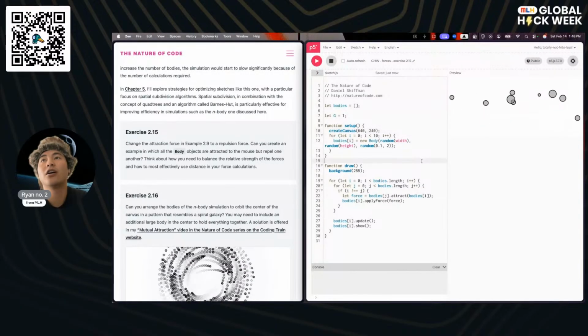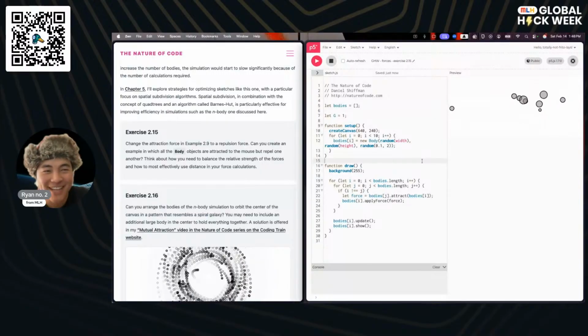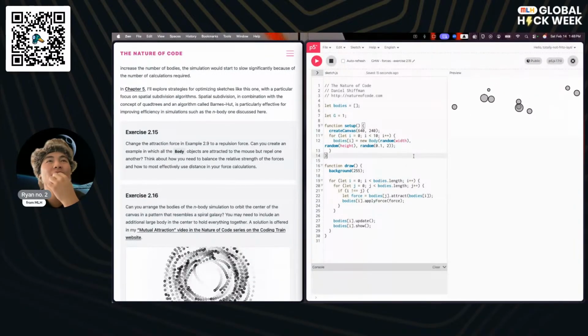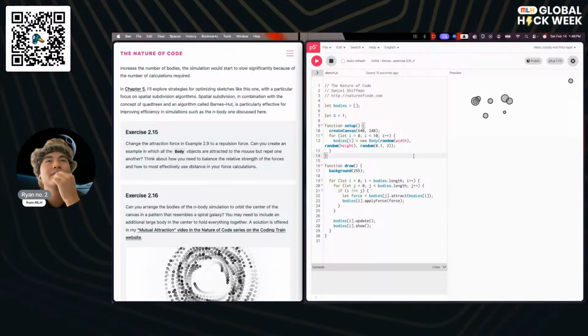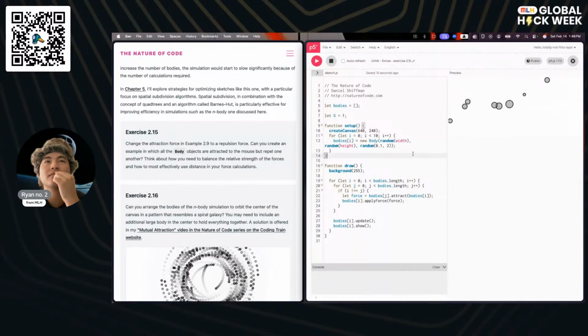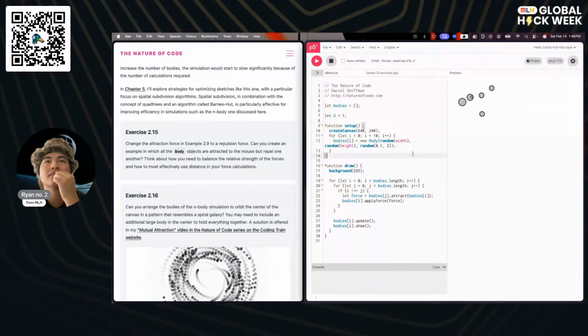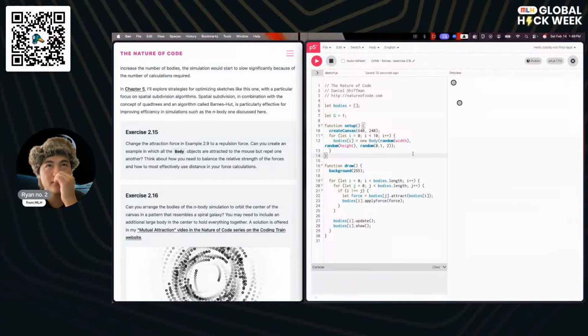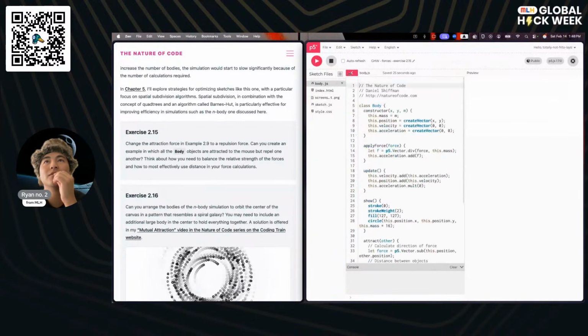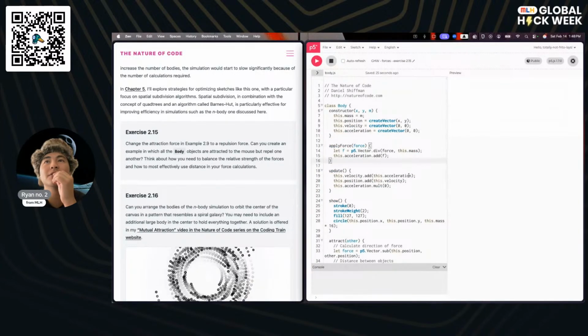Oh, that's so satisfying. Okay, change it to a repulsion force. Well, I think the repulsion force is going to be the easiest thing.